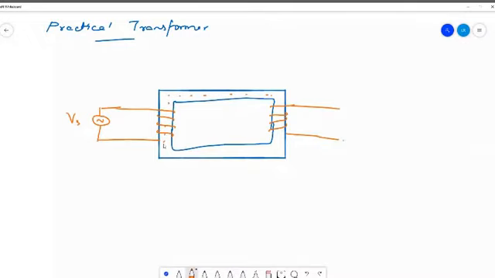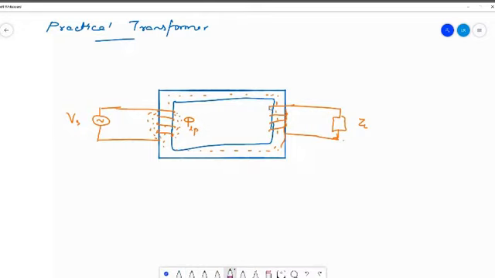In addition to the flux that is linking the secondary winding, let's say ZL is the load, so there will also be some flux that is leaking here. So that completes the circuit in this way, which I can call the leakage flux. So this is the leakage flux at the primary side.